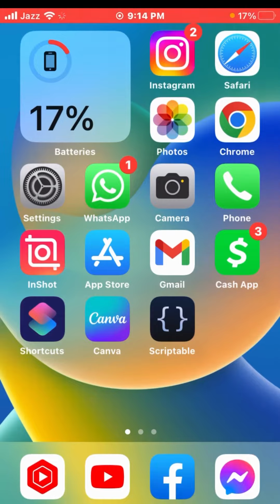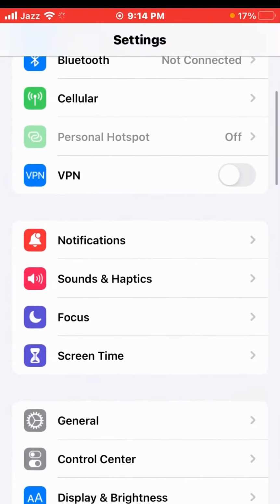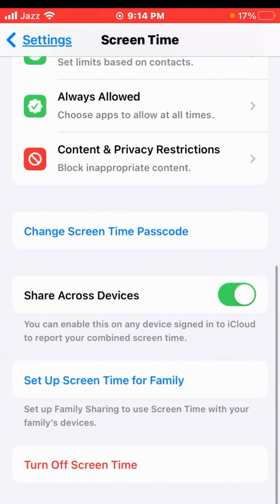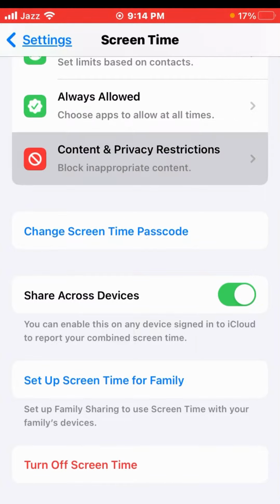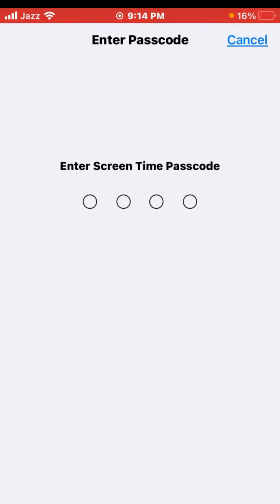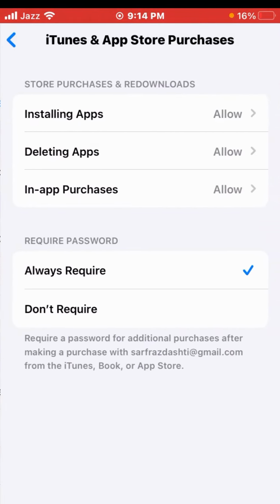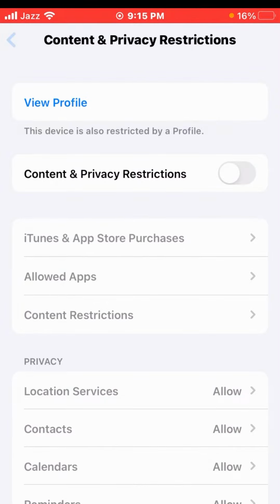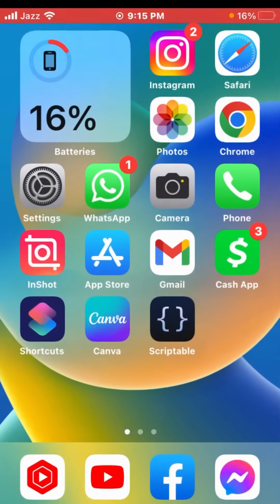First of all, you have to open up your settings app and then scroll down, tap on screen time, and then again scroll down, tap on content and privacy restrictions, and then tap on iTunes and App Store purchase. So give it your screen time passcode and then select don't require, and then go back, turn the toggle off for content and privacy restrictions, and then go back to your home screen and then again open up your settings app